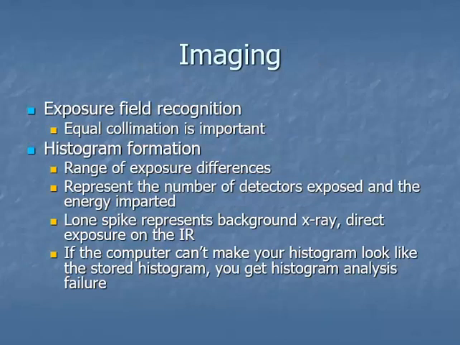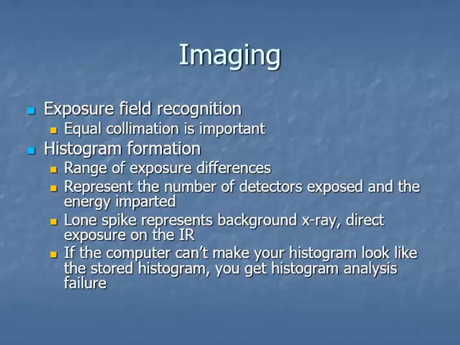So exposure field recognition, we talked about that. You need equal collimation for the most part. Histogram information. The histogram is the stored, well, there's two histograms really. There's the stored histogram, which is your lookup table, and then there is your histogram that you make whenever you make an exposure. So when you make an exposure, the range of exposures that are represented on your image receptor